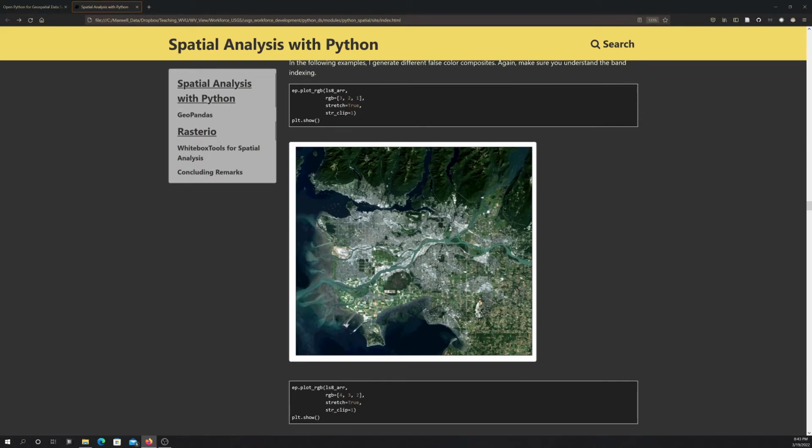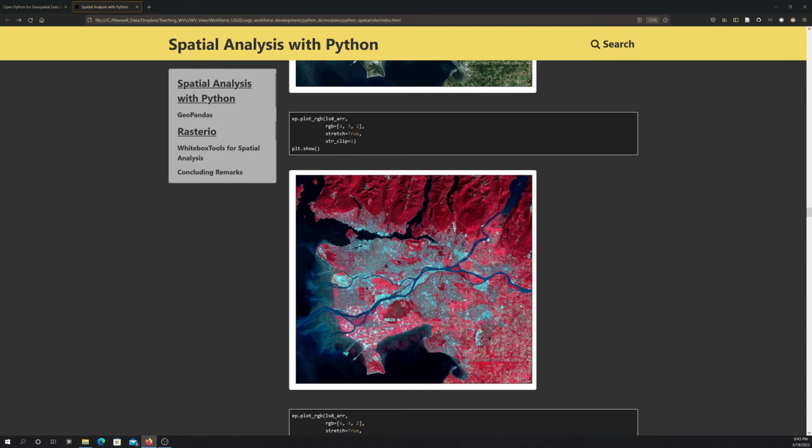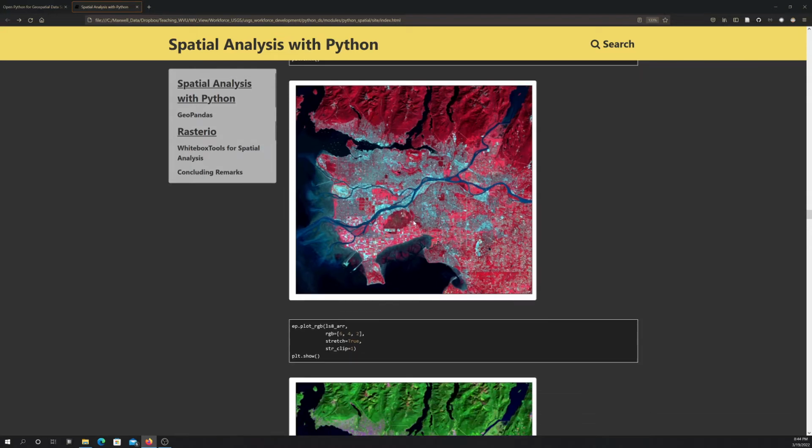So anyway, this is a standard simulated true color composite image of this area over Vancouver from this Landsat 8 image. This is a mapping where band 4 is red, which is mapped to red. Band 3 is mapped to green, and band 2 is mapped to blue. So this is near infrared as red, red as green, and green as blue. And this creates these red-looking images where the vegetation and whatnot shows up as red because it reflects a